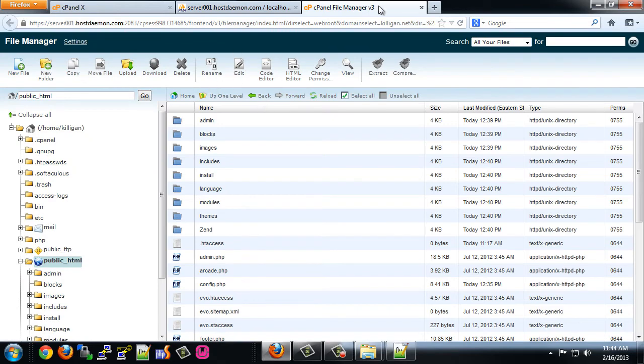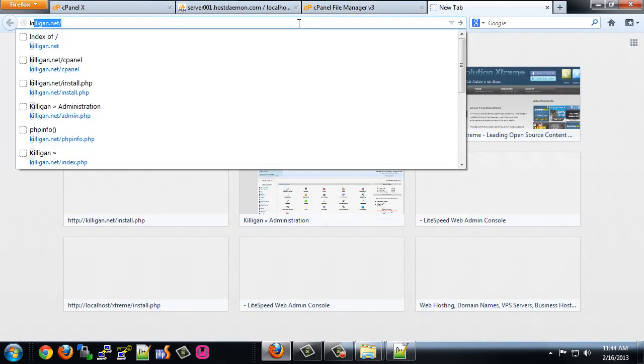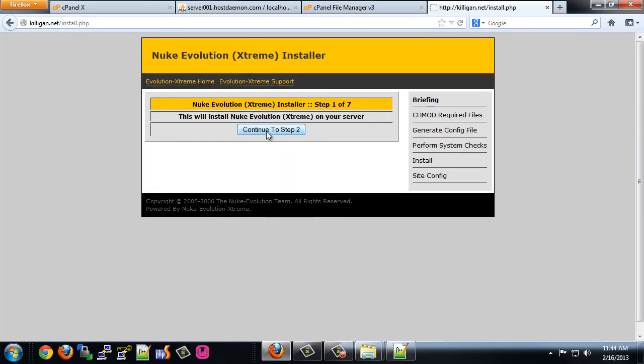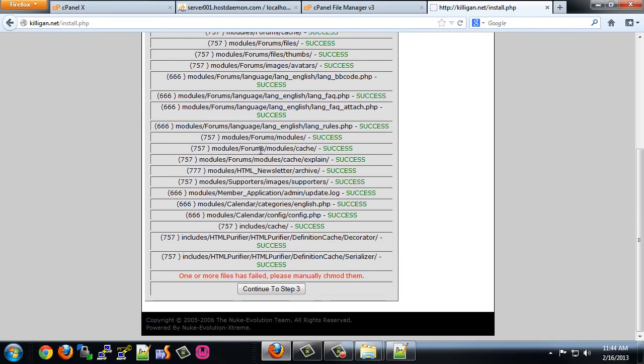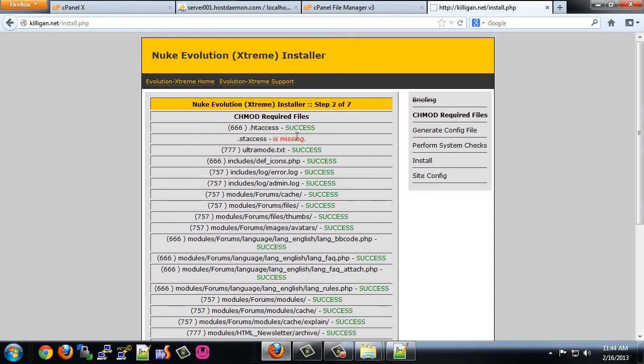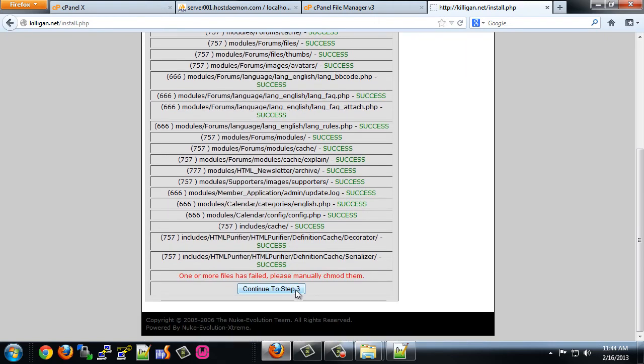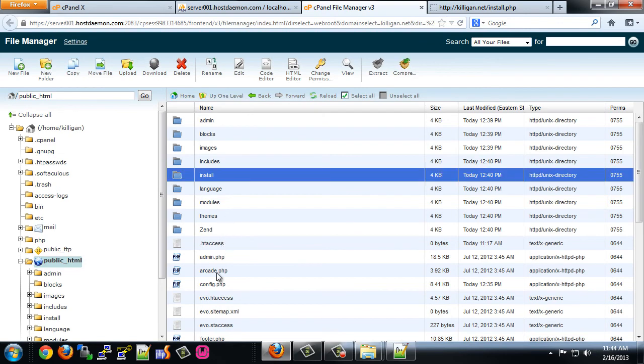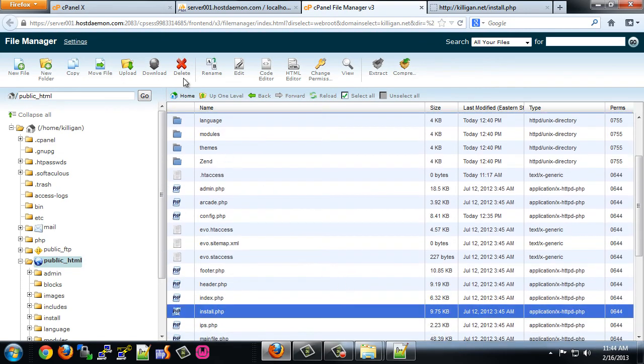So now that we're on the live server, we can just go to the install.php, and we're just going to go through step 1, step 2. This part's done, so everything's been set. The chmod or the htaccess, which does exist on the live server, is already done. The staccess file, it's still fine. You just need to remove the evo from the front of it if you're going to use that file. You can continue to step 3, but at this point you really don't need to. So now we can go ahead and delete the install folder and the install.php file,